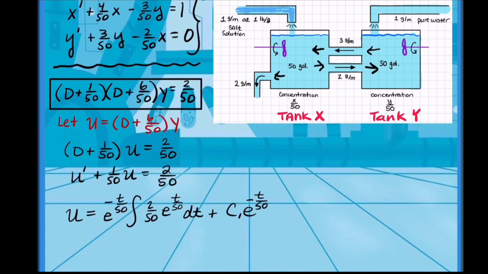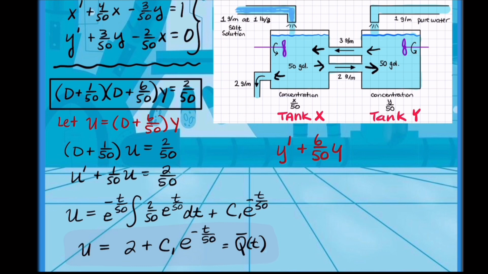Integrating that, we actually can simplify this and boil the function down to 2 plus some constant times e to the negative t over 50 power. That would be taking the place of the q bar that we were just talking about. And that is going to be in a new integral, the one that we use to solve for y. So now, back substituting the u value that we just found,